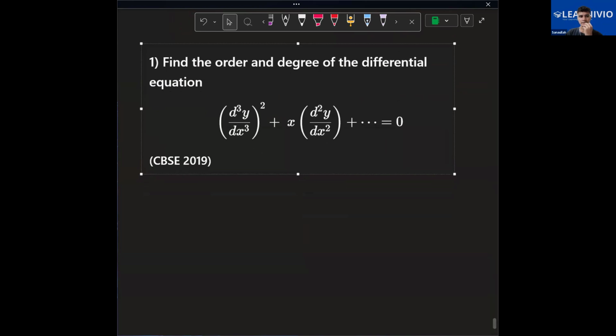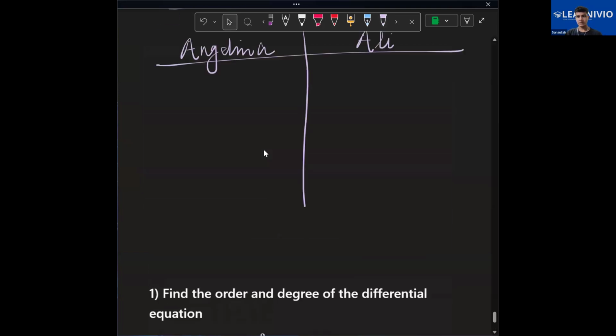बताइए अली कितना आ रहा है? Sir, order is 3 and degree is 2. Order is 3 and degree is 2. अंजलि ने व्हाट्सएप आंसर सही है? Yes, sir. Same answer. ठीक है।